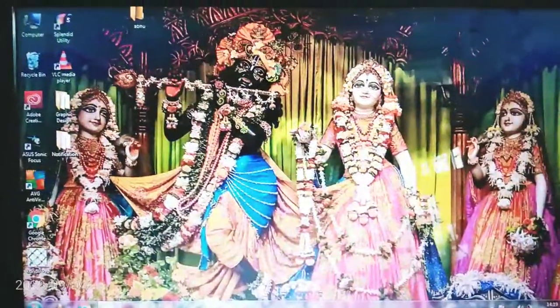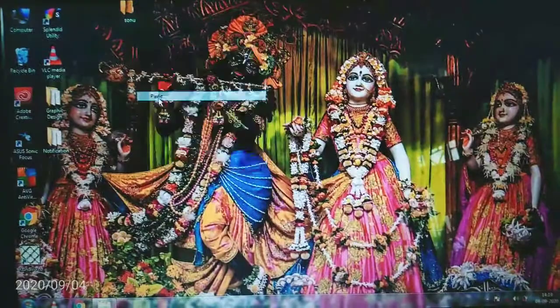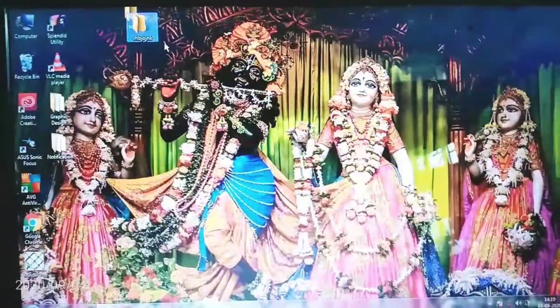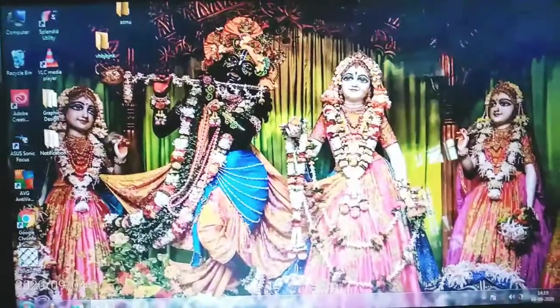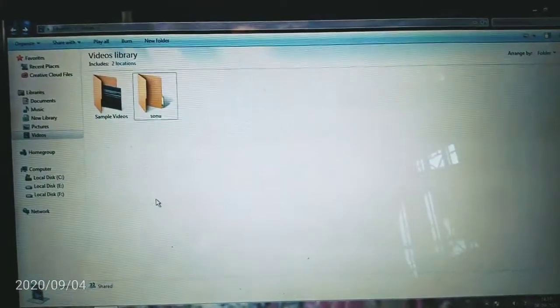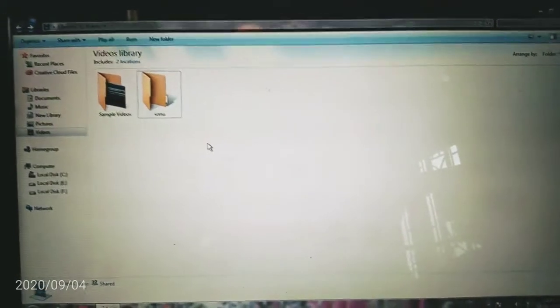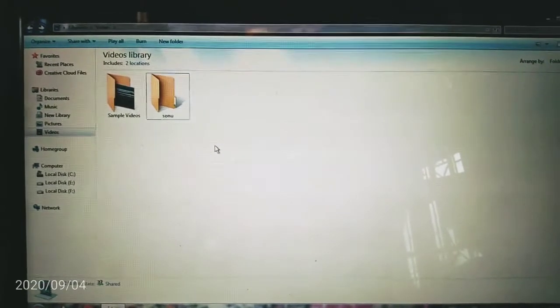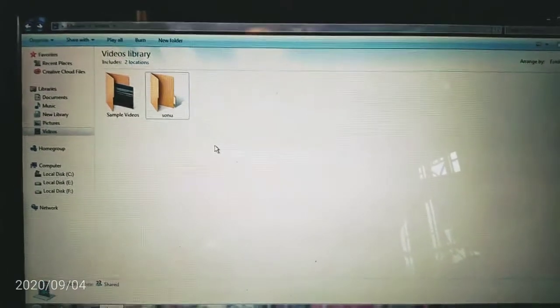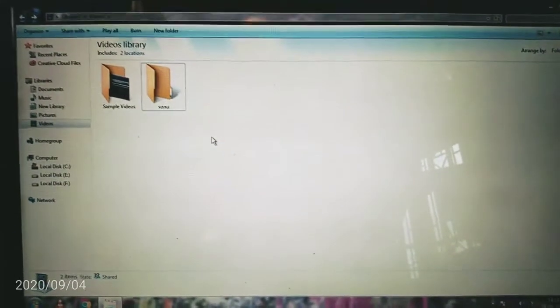Now here, right click and paste. See, this folder has come here. But now when you go back to that folder in Windows Explorer, it is not here, it is permanently gone from there. It is called cut paste. That means moving a file or folder in this way. Understood?